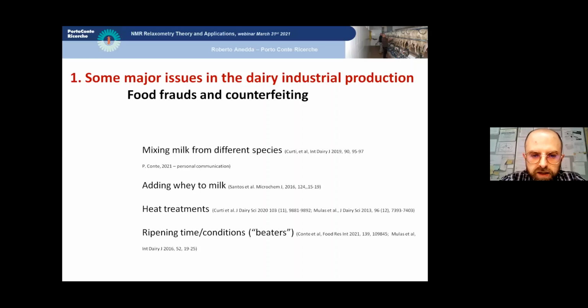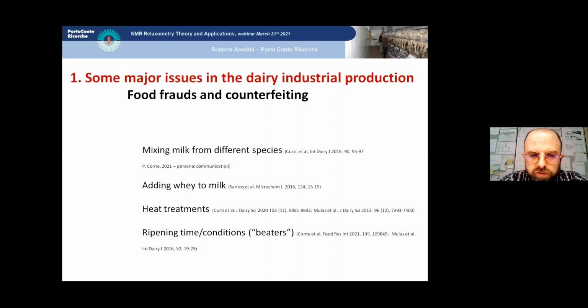Also, ripening is a very important step of cheese production. A long and controlled ripening of cheeses confers to the final product unique characteristics, both in terms of sensorial quality and from the nutritional point of view. In fact, many high-quality cheeses are usually classified and rated according to the ripening time, since it is very well acknowledged that long ripening increases product quality and also price.